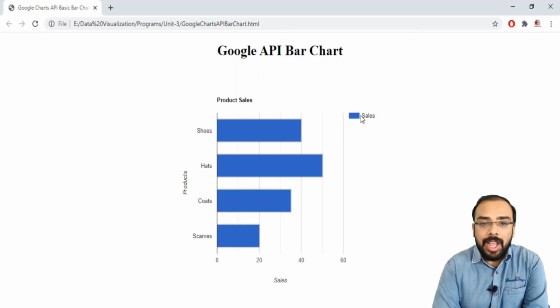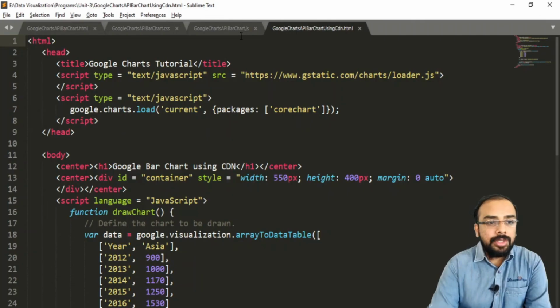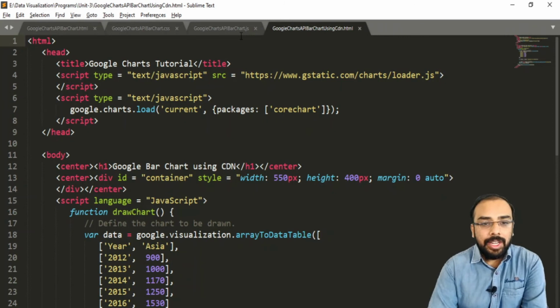Now we will see how we can create a bar chart using a content delivery network. So here is the code for the content delivery network. We have taken an HTML tag, then a head tag. Why have we taken the head tag? Because we want to import the CDN library inside our HTML file.